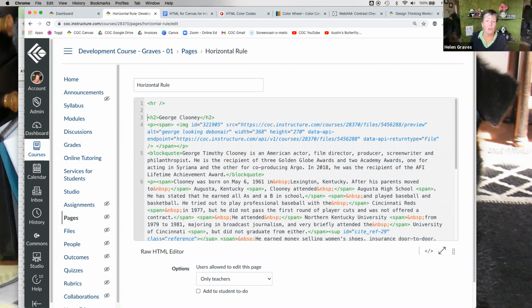So in the case of a horizontal rule, there's just a single tag that has the HR indicator, which stands for horizontal rule. And then if there are any parameters like color or size or whatever, which I'll show you in a minute, those would come next. And then the close /. So horizontal rules are just a single tag.